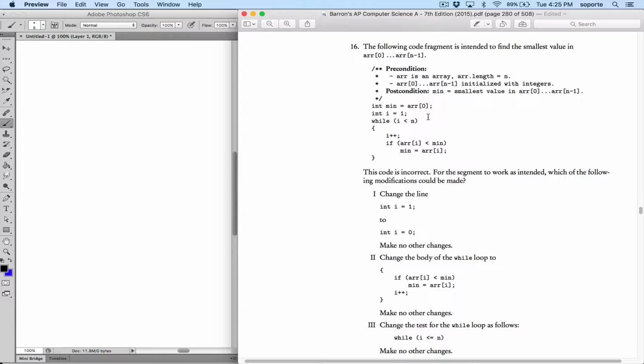So this is my setup, first of all. The following code fragment is intended to find the smallest value in an array. Everything here is kind of regular. The min starts at where we would expect it to. I goes to 1, which might make you wonder a little bit, but that's okay because we've already assumed 0 to be the min. And so then we're going to look at, in turn, 1 and above. And so while I is less than n, that makes sense. I++,